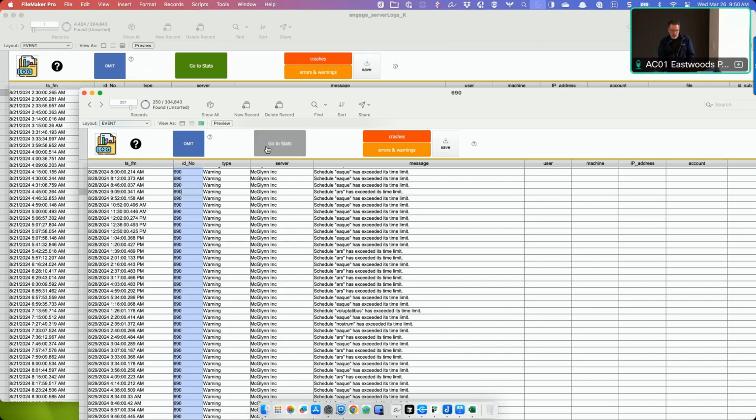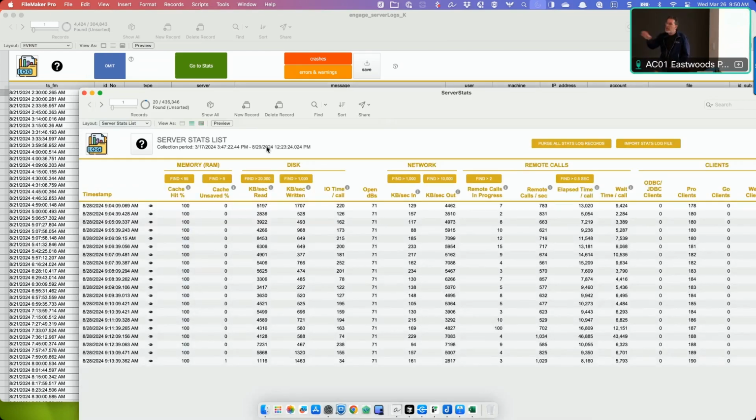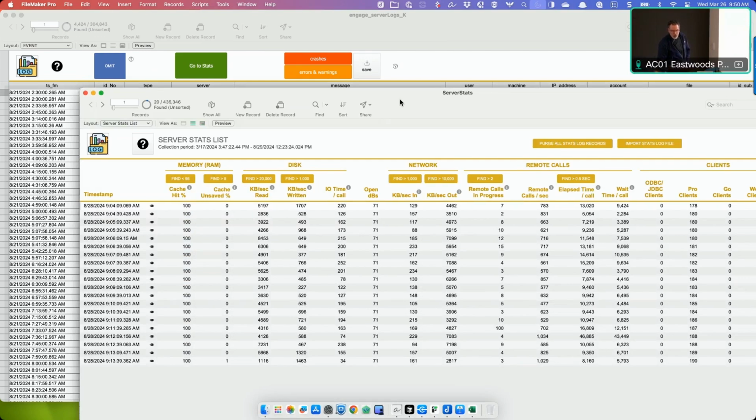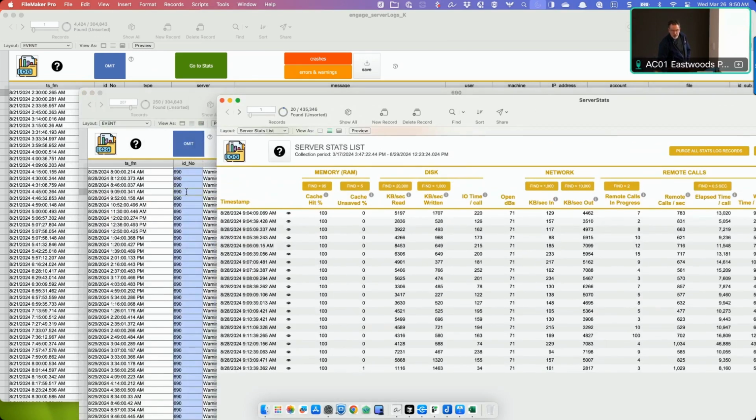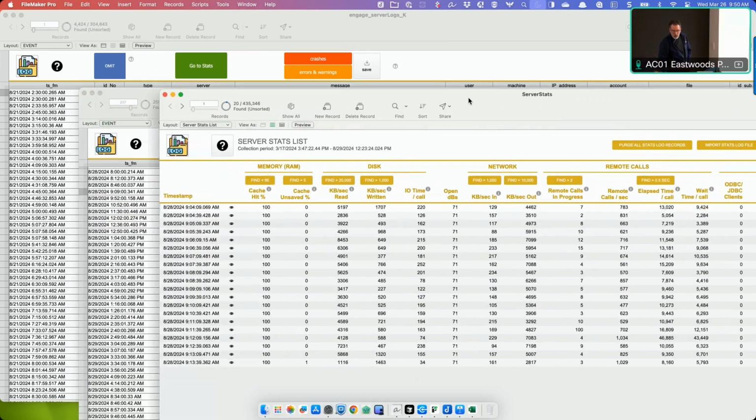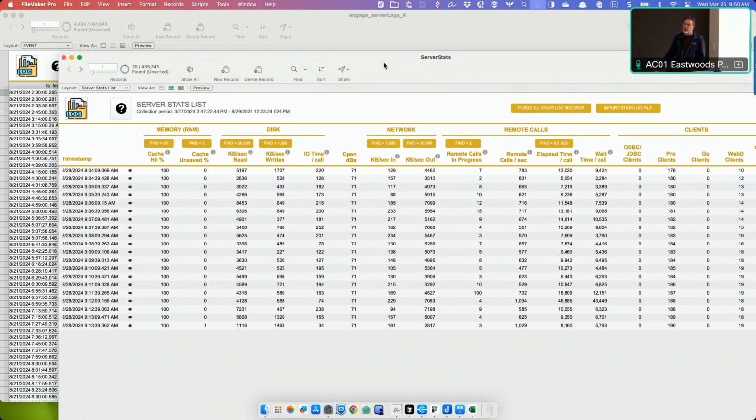All right. So if I go into the stats, for instance, that's one of the reasons why I do this in FileMaker, so I can jump sideways from one log to the other on the relevant time frame. I had my cursor on this event on this time frame, and now I can go look at the stats log. This is the regular stats log, the one that just gives me metrics, but not operations. So it gives me that time frame. I'm looking at this, and I'm not really seeing anything special. No high load. So to give you some context on this one,